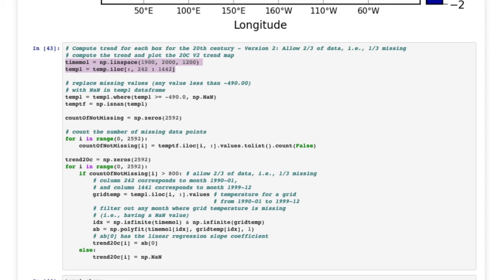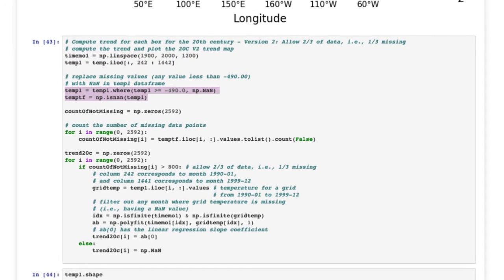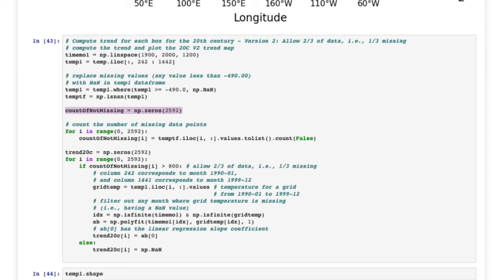We have a time O variable, a temp 1 variable set up from the NP line space with our years, grabbing that temp 1 data from our temp matrix that was created in the previous video. We're going to replace our missing values with NANs just like we did above, using those highlighted lines. This time we are going to name our zeros count of not missing, and this is going to be a zeros array that has size